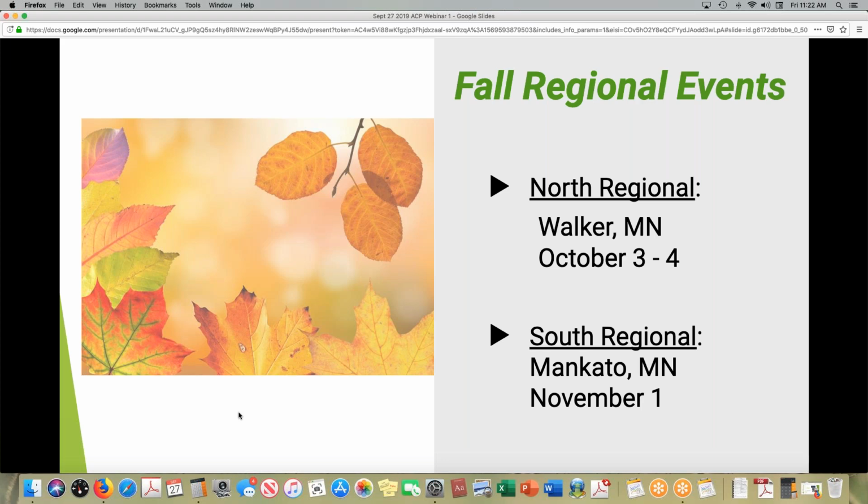and then additional sessions throughout the day, and then also Thursday afternoon and evening. So you'll want to be sure if you're in that area of the state to join us for that event. And then the South Regional coming up about a month later in Mankato. Again, a general session, and our thanks to our two point people organizing those two events: up north, Stephanie Durange, and in the south, Karen Walters, who are helping us to put those events together.